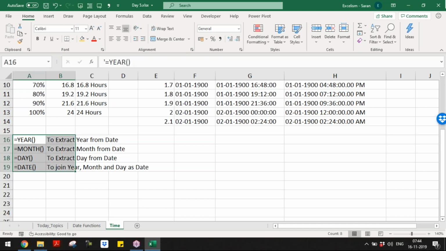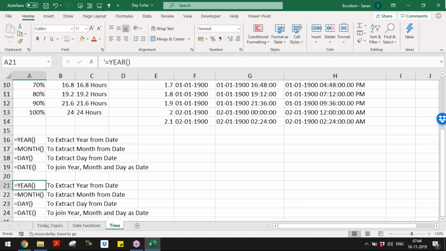In the same way, we have 4 more functions in Excel, that is nothing but the HOUR function, MINUTE function, SECOND function. I'll not cover all these because these all are small functions. Then the TIME function.